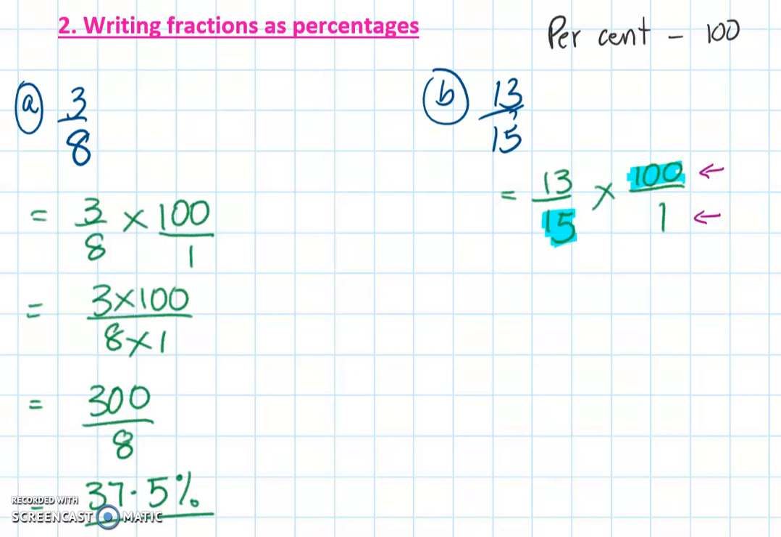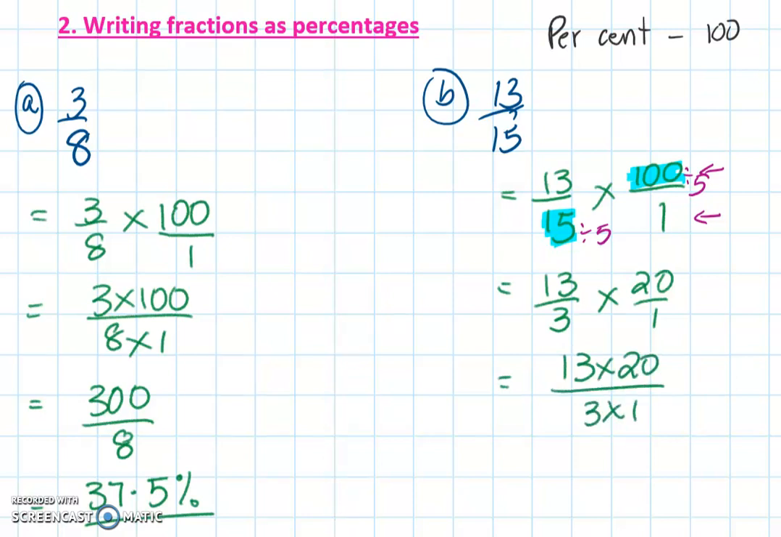So if we look at 15 and 100, we can see that both of them have got a highest common factor of 5. So if we divide 15 by 5 and we divide 100 by 5, what we end up with is 15 divided by 5 is 3, so 13 over 3, multiplied by 100 divided by 5 is 20, so 20 over 1. And now if we multiply that out, it gives us 13 times 20 over 3 times 1. You can simply do that on the calculator, or you can just multiply it out, whatever is easy. And if we evaluate that, we get